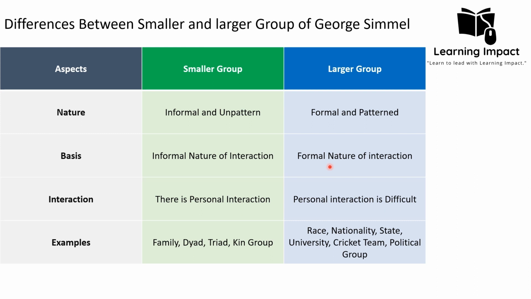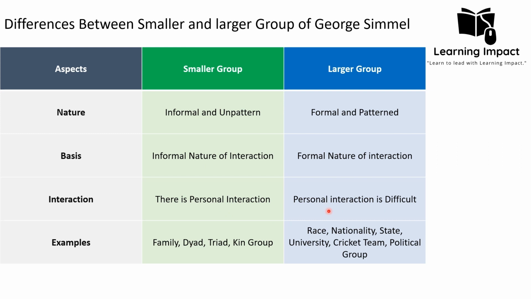So in case of the larger group, the basis of interaction is more formal. Then in case of the smaller group, the interaction is personal also. For example, in family, you have some personal relationship, for example, couple. They have personal relationships, so we can say that smaller group has more privacy. While in case of the larger group, the personal interaction is difficult because there are many members, so there is